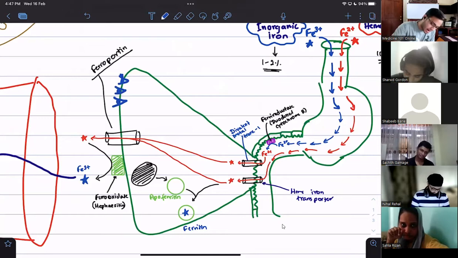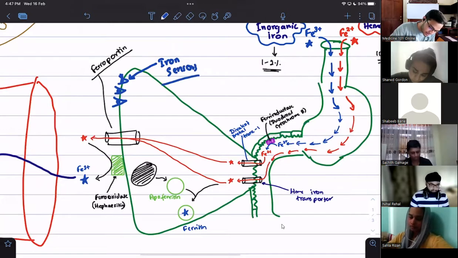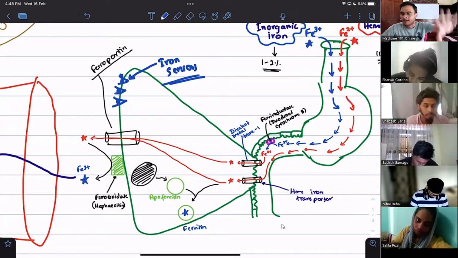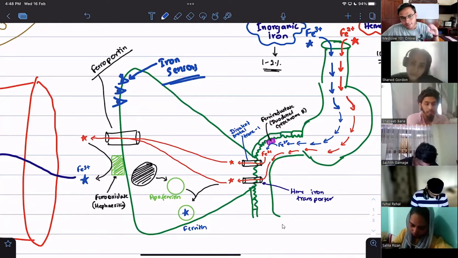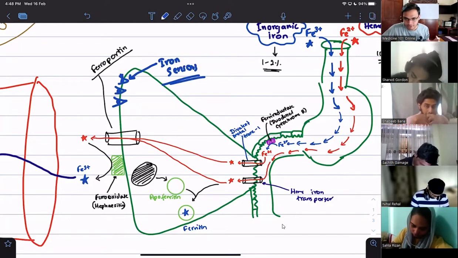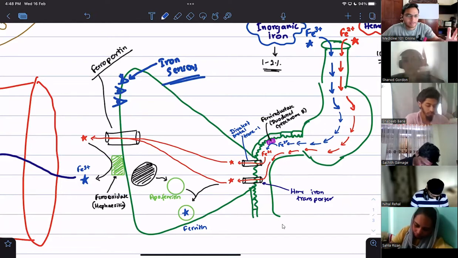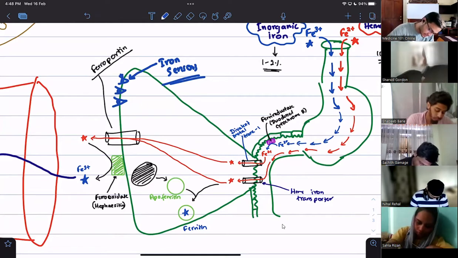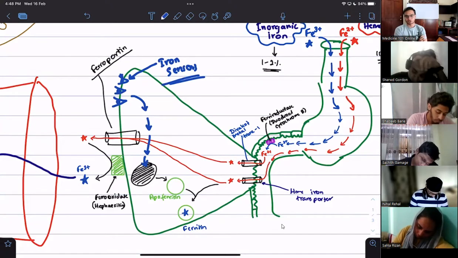Now, these are iron sensors. Our duodenal epithelial cells have some iron sensors. These are not any mechanical eye placed there. They're just receptors, and they are sensitive. They can sense the circulation's iron concentrations. These iron sensors are constantly active, always sampling the blood, looking at how much iron is there. And they send direct signals to the nucleus as required.